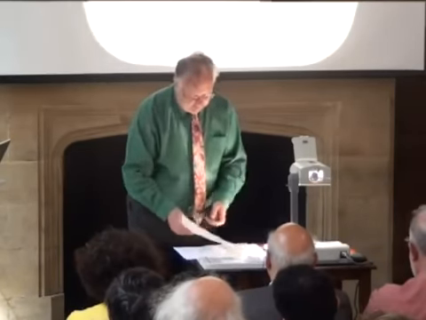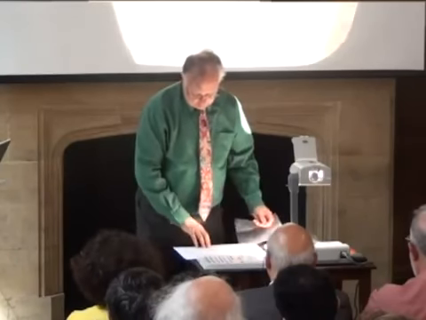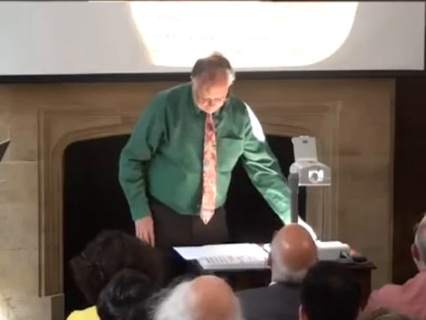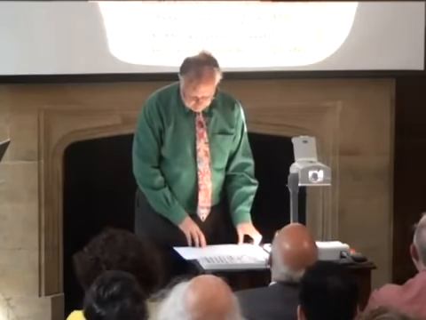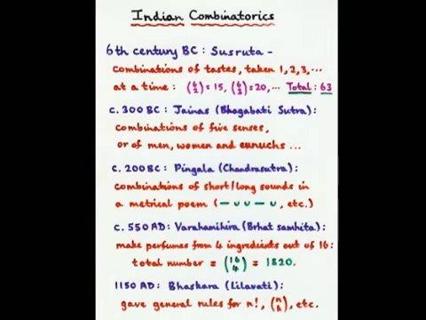Before I finish, I'd just like to talk about one more topic, and this was early work on permutations and combinations, the area of maths that we now call combinatorics. In the 6th century BC medical treatise, Sushruta was investigating a number of ways of systematically combining 6 tastes used in cooking. So you have sweet, acid, saline, pungent, bitter, and astringent. And he found that you can choose 2 of them in 15 ways, 3 of them in 20 ways, and so on.